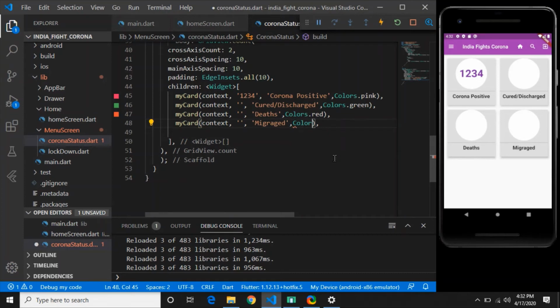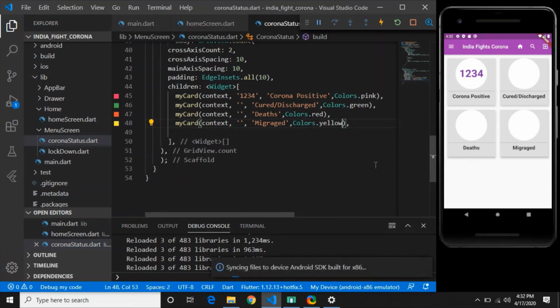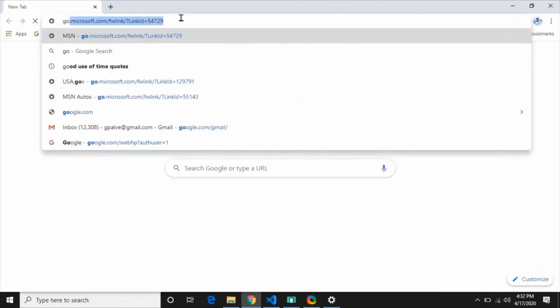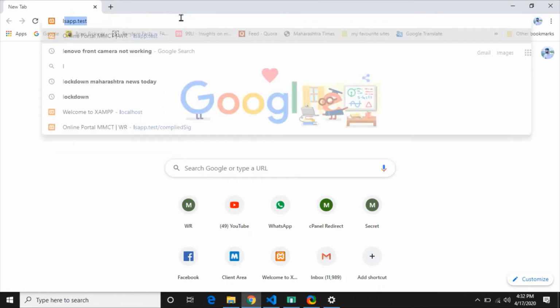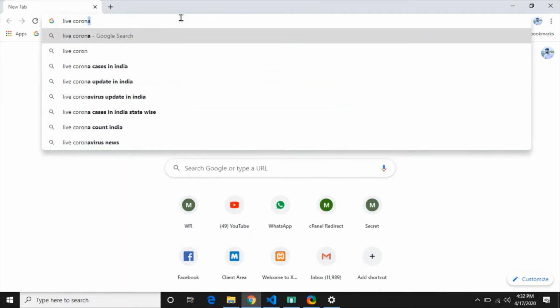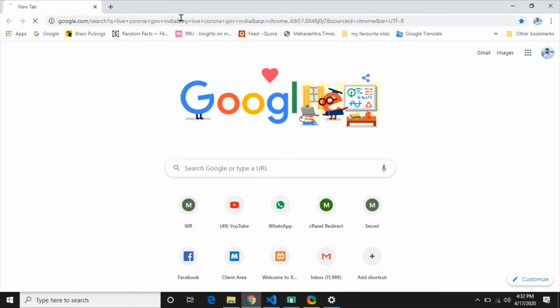There is a site of Ministry of Home Affairs or Government of India. You can see live column. So this is the site from where I am getting all the data.